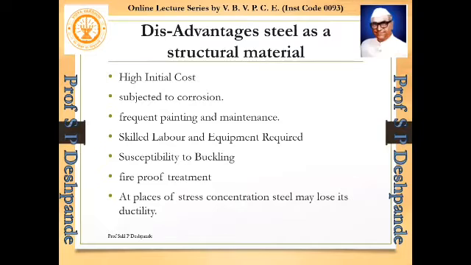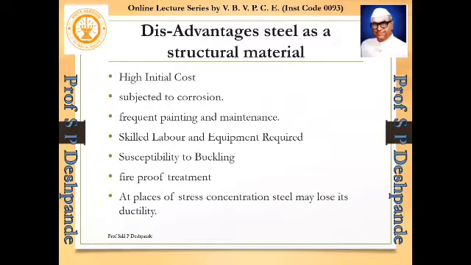and at the same time it also requires maintenance in the form of painting. Why do we need painting? Because steel is subjected to corrosion. It's not that the steel will start corroding right from the erection, but depending upon the climatic conditions, particularly when you are in a coastal area or in an area which is very much affected by chemicals, in such areas you will find high corrosion. So in such cases, you need to do regular maintenance, regular painting or regular anti-corrosive treatment. So that increases the cost of the steel.